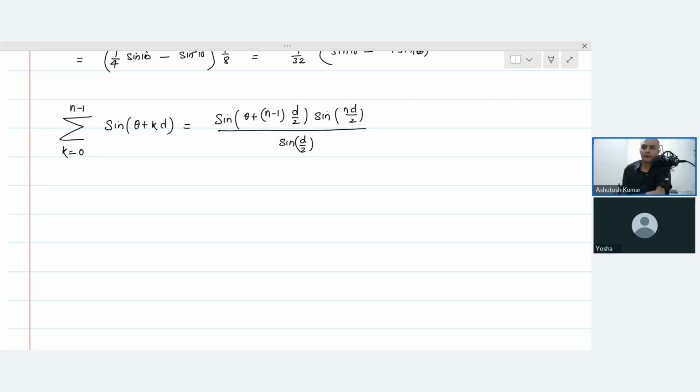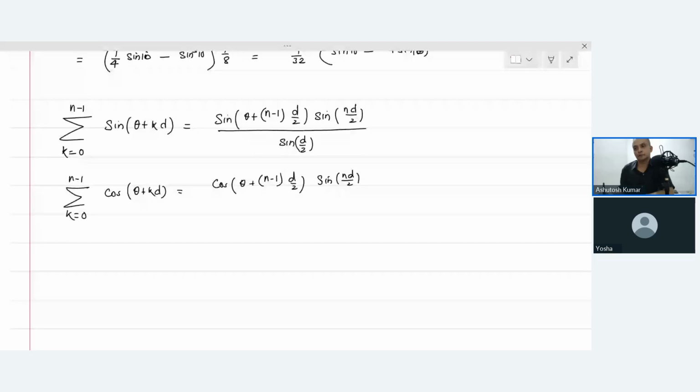Okay. And if there is a cos also, we can make it the replica of it. Cos of theta plus kd, and that is cos of theta plus n minus 1 d by 2, and that is sine. Here there is no change, the first term will change, and the denominator also will not. Okay. So what is the meaning of this? These angles are in AP because the first term